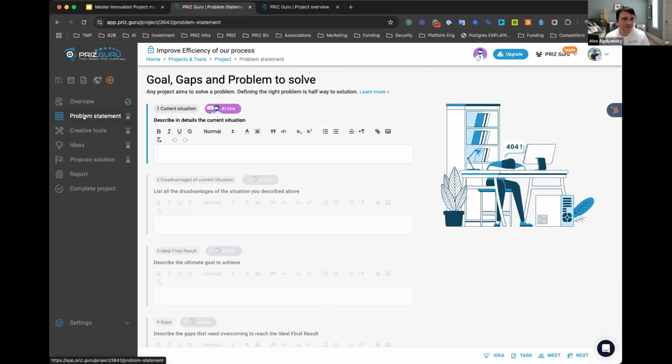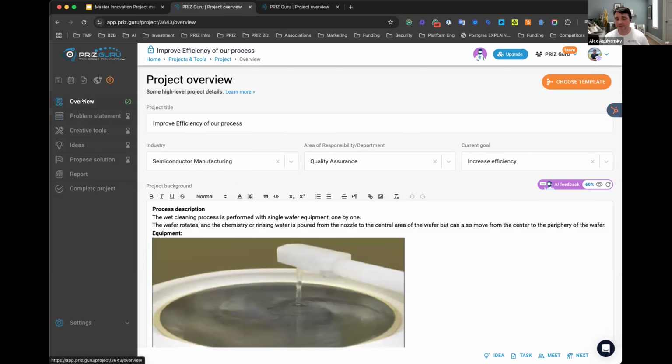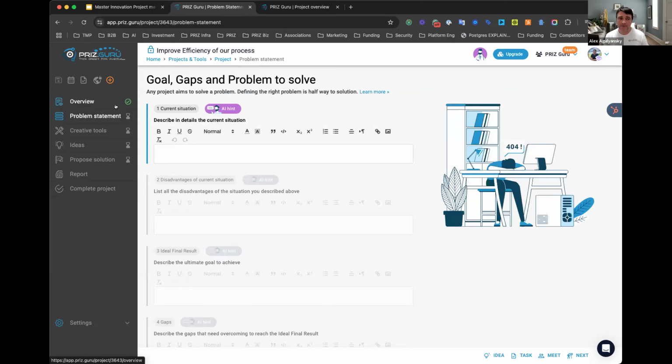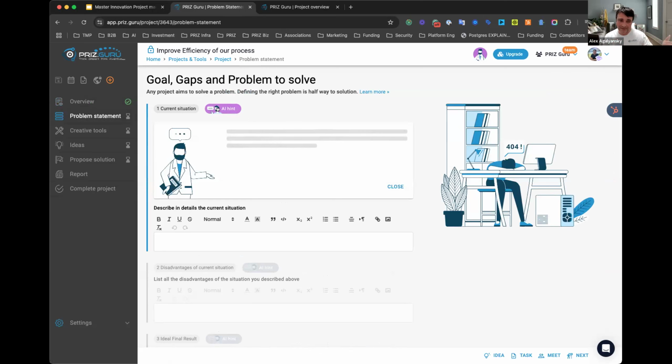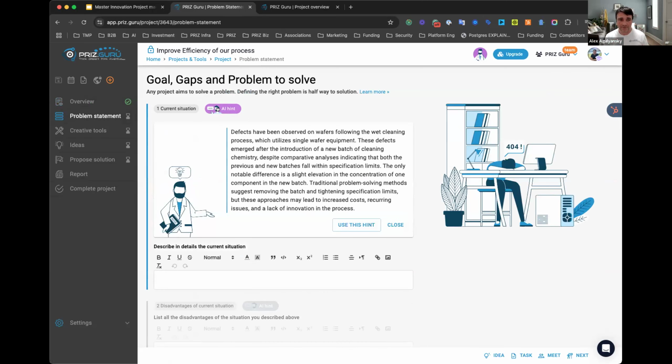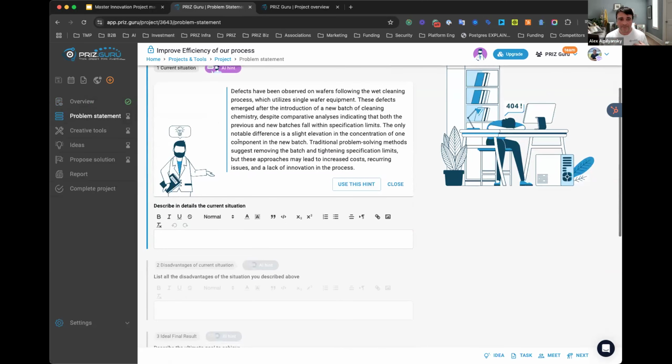So going to the next step, once we have the overview and at least some level of understanding of our goals, what we have, which systems we're working on, and potentially even some high-level description of the actual problem, now we need to define the problem statement. Again, something that engineers hate doing. They don't want to do that ever because it's boring. So we try to make it a little more fun, and even here we define the process of how you define that.